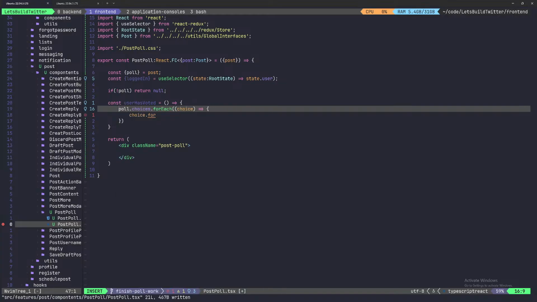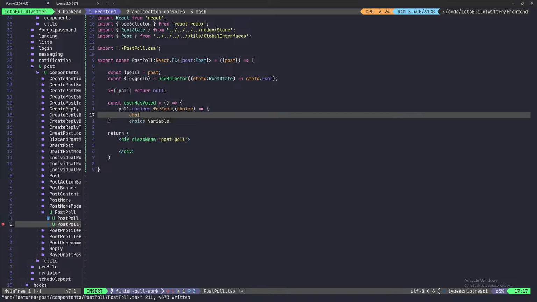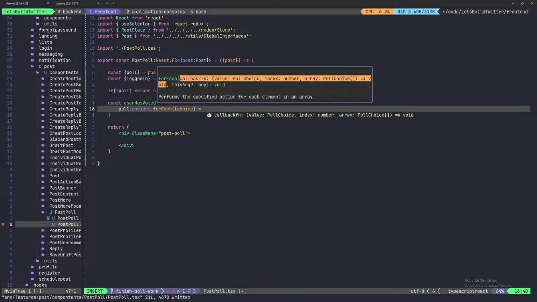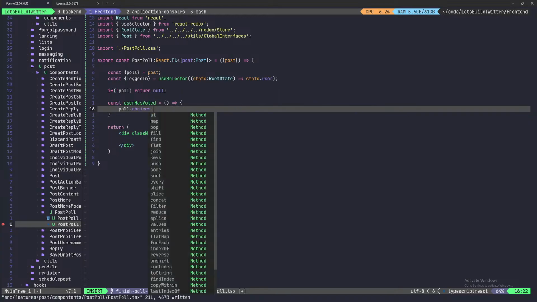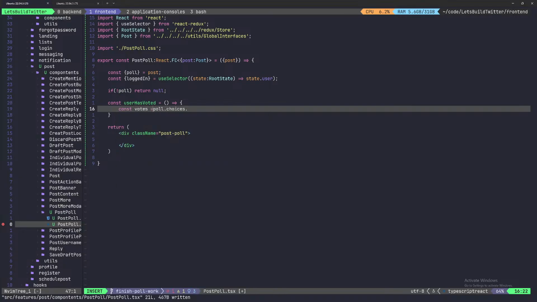We could probably flatMap the choices, to be honest. We can just flatMap this, probably choices, say const votes is equal to,